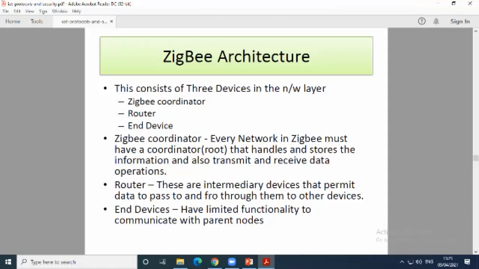The first one is the Zigbee coordinator. Every network in Zigbee must have a coordinator, which means the root. Every network has its root. The root handles and stores information and also transmits and receives it. This is the task of the root. So this Zigbee coordinator,